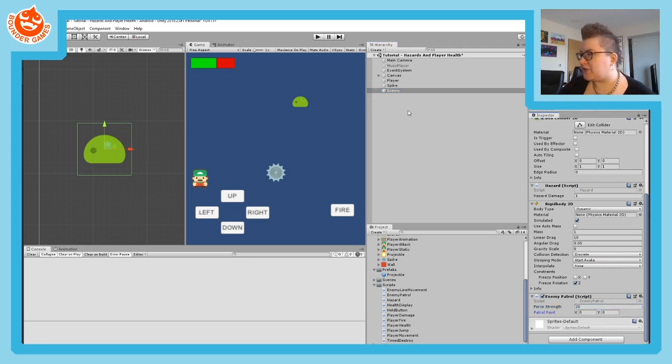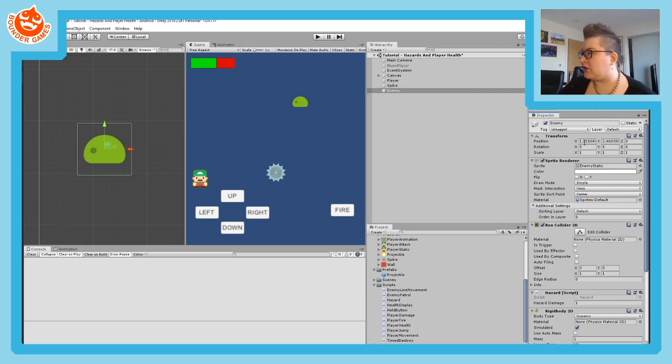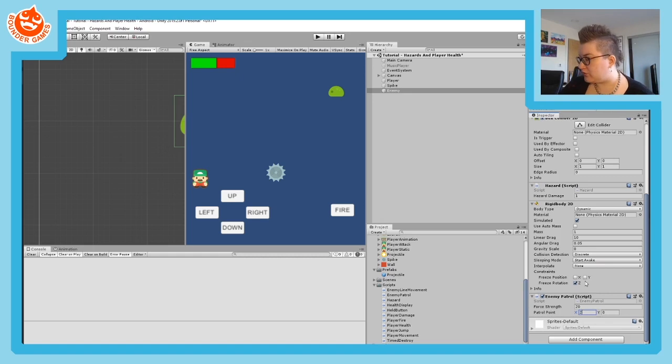But now we need to set our patrol point. So we should look at where our enemy currently is. Mine's at a weird number, so I'm going to change it. I'm going to put him at 3, and we'll put him at y of 3 as well. So he's at 3, 3. Okay? So say I want to move him to 2, 3. Let's do that. So let's put 2 and 3 here. So 2 is less on the x-axis, so I just expect him to go to the left. So if I press play now,